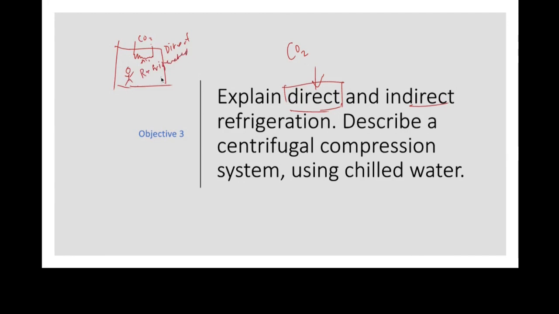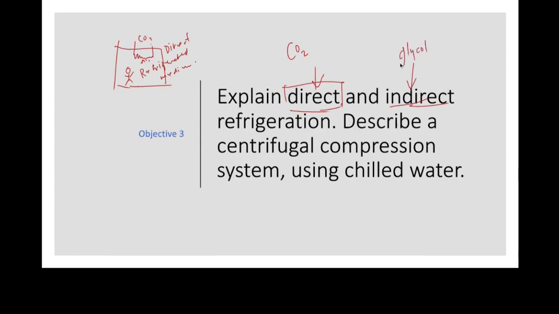And the refrigerated medium doesn't have to be air. Maybe we're cooling off the air, but maybe we're cooling off a liquid. Maybe we're cooling off milk that's been pasteurized, so it's been flash heated, and now it needs to be flash cooled. And so we'll have the evaporator coil stuck directly in the milk. So that's an example of a direct refrigeration system, whereas indirect would be the other system we had that used